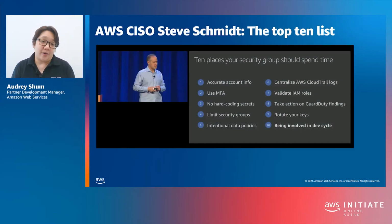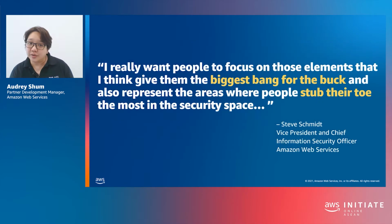So how did this list come about? At AWS re:Invent in 2019, Steve Schmidt, Vice President and Chief Information Security Officer of Amazon Web Services, introduced the top 10 list that you see right on this slide. Steve told the attendees at re:Invent that all of these things are little individual components, but add up to a very big value. Steve also said, I really want people to focus on those elements that I think give them the biggest bang for the buck and also represent the areas where people stub their toe the most in the